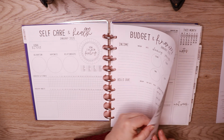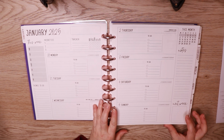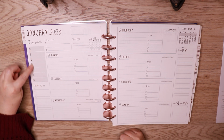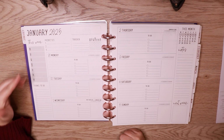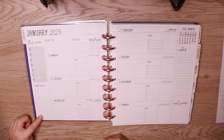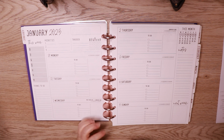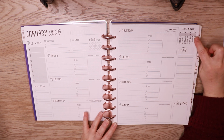So when you're done with the budget and finance pages, we go right into the weekly. And this is the horizontal layout in Planner MV. And I really love it. Super, super functional. So over here in the gray boxes, you can pre-plan, you can do appointments, you can do Bible verses, anything over here. You have a checklist of things to do in the week that maybe you're not sure what day you're going to get it done on, but you can add it here, or it can be additional to your days where you just know you look at this, and if you have time in the day, you can grab something off the list. A notes section, a next week section, and I really love that it has the month here,